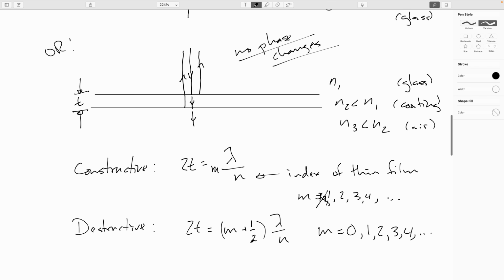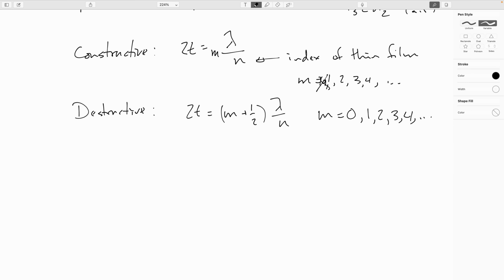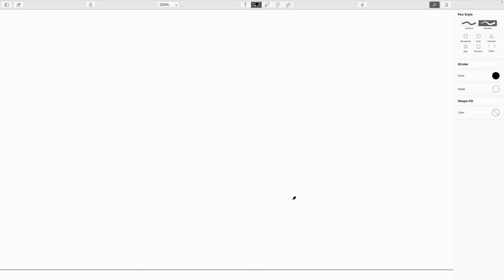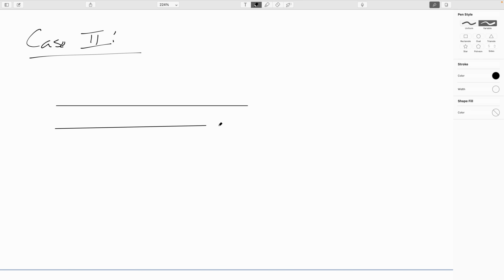So the other possibility that you can have is what you actually have with the oil slick or the gasoline slick in the parking lot. This is what I call case 2, and this is where you have exactly one phase change. So your possibilities here are